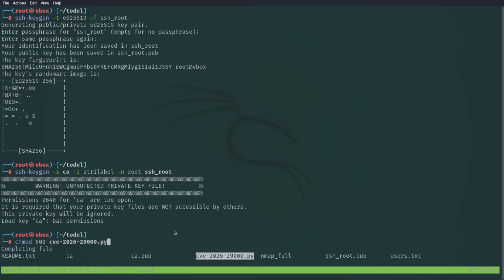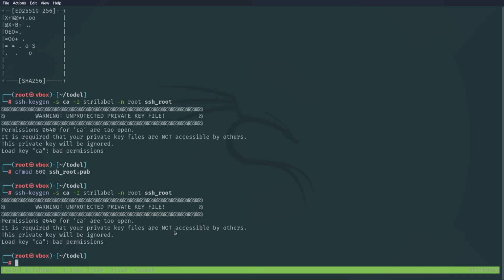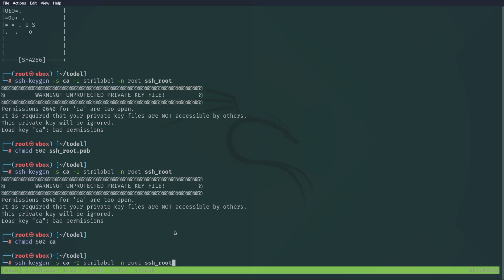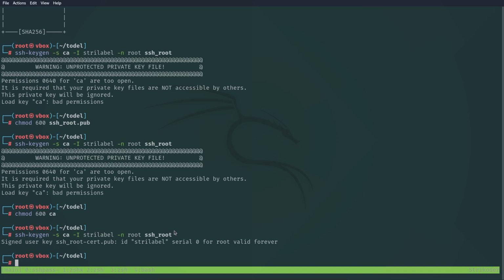The SSH root, the CA1, chmod 600 on the CA. Nice. Now ssh -i SSH root